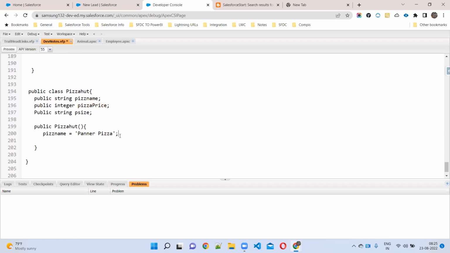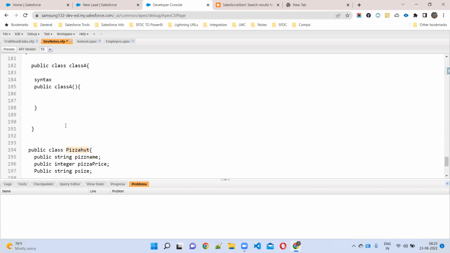Pizza price, 249, 250 rupees. Pizza size, medium. Which data type is pizza size? String. This is called a constructor, right?